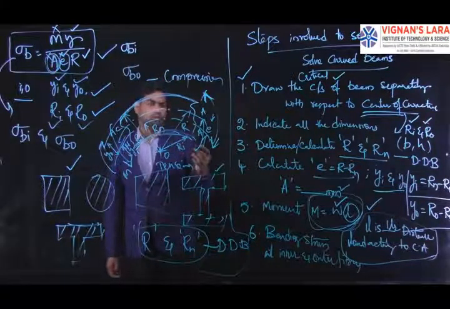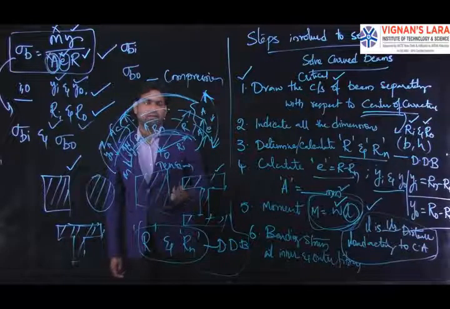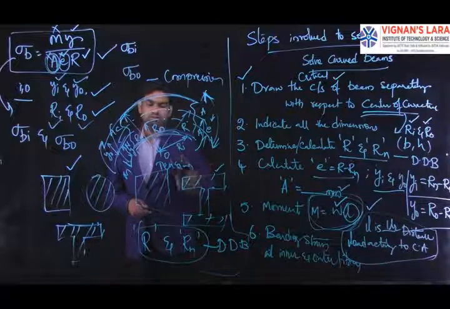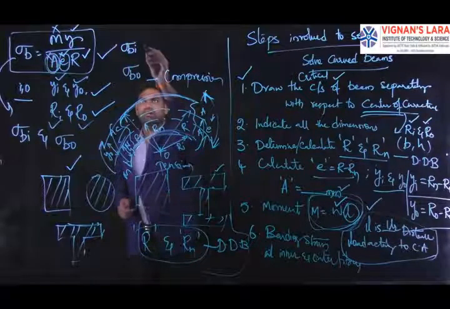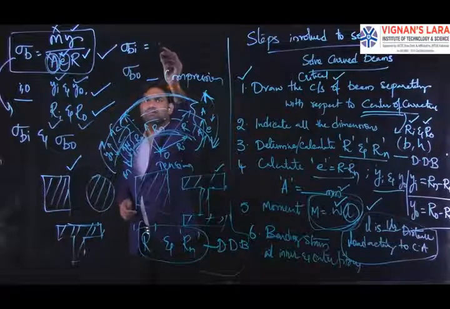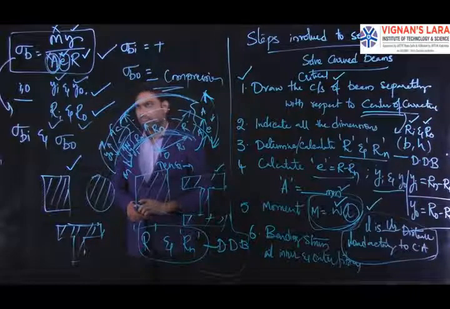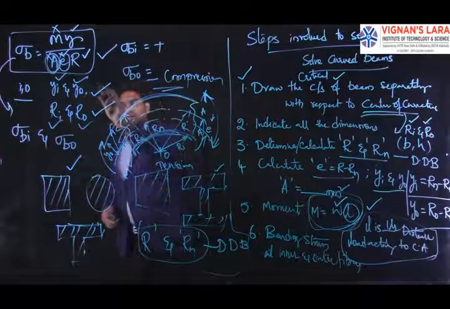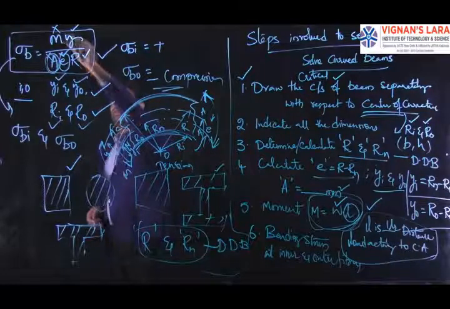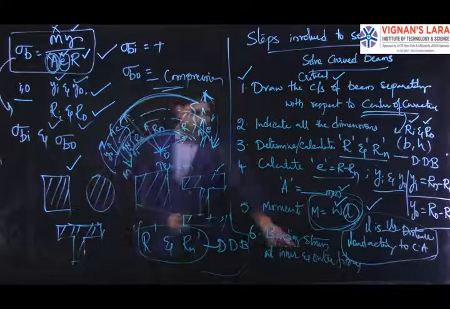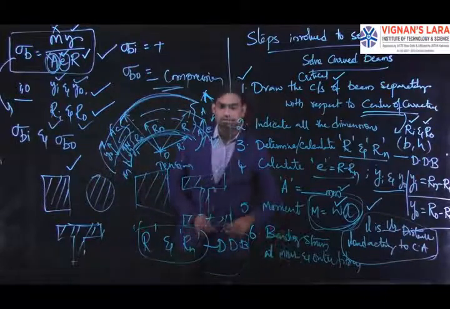Based upon the direction of the moment acting, the nature of the stress may vary. In this case, we may have tensile stress at the inner fibers and compressive stress at the outer fibers. Here yi and yo are known, ri and ro are known, M is known, and small e is known, so you can find the bending stress at the inner and outer fibers. That is step number 6.